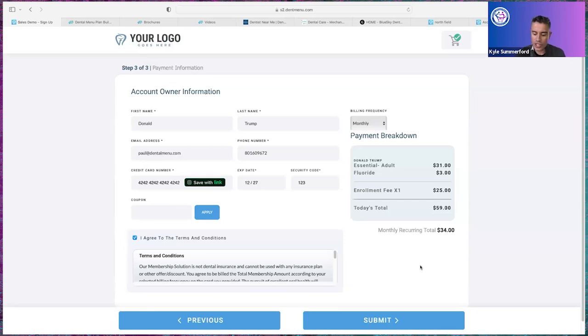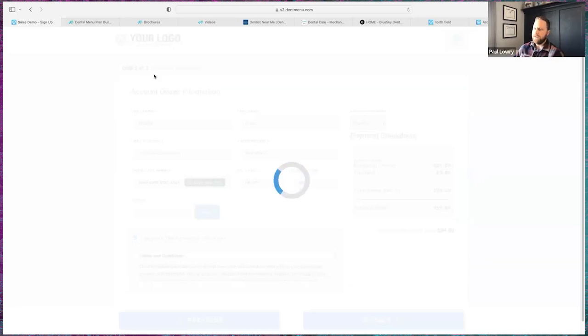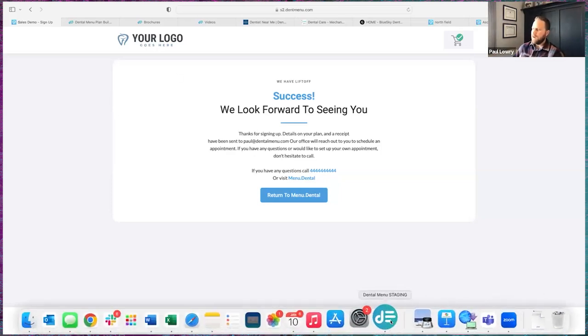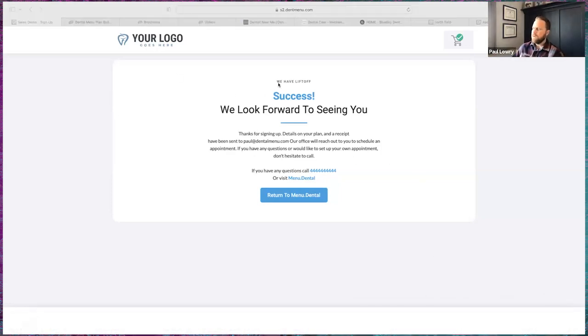All right, so let's move on to our next question. How do you keep track of membership payments? Yeah, good question. There's a lot of questions around the payments and what do I do with them. How do I set them up in the practice management software? How do I know if somebody's on it? That kind of stuff. So in the actual software, if you're using our system here, it will give you,